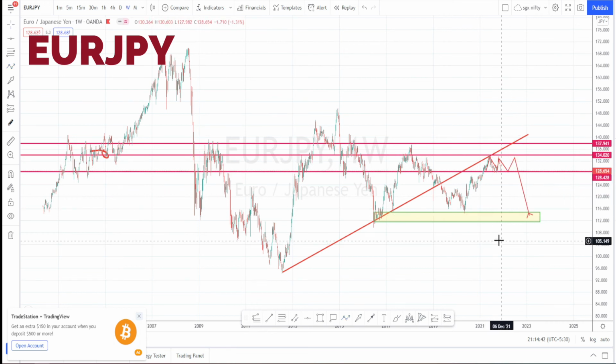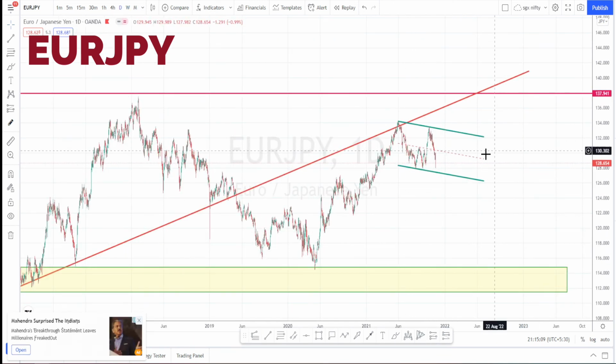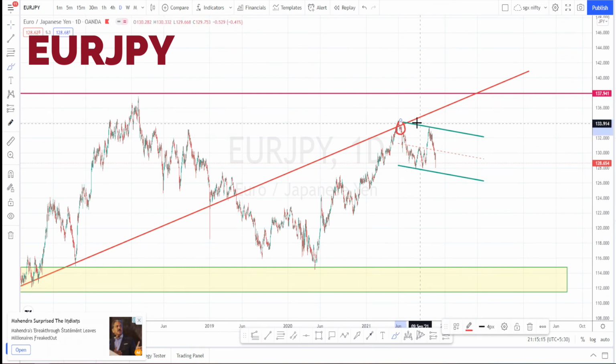Let us do the analysis in daily time frame. I'm in daily time frame now. Here also we can notice that presently the price action is moving in a channel pattern. Every time it is retracing, the upper limit is being reduced and downside retracement is being increased. So it is preparing to actually start its downside trend. But if it breaks this support level, we can expect the downside movement at any time also.